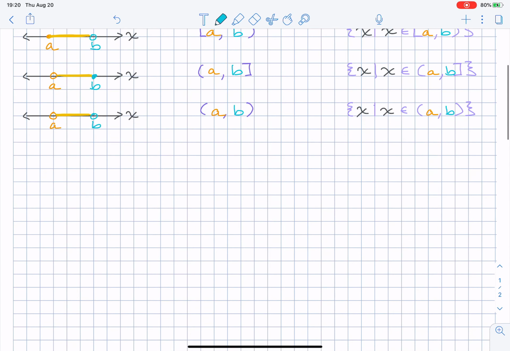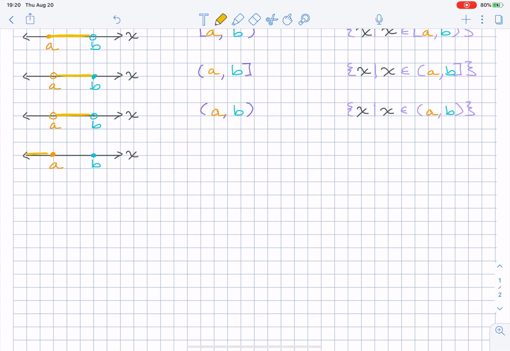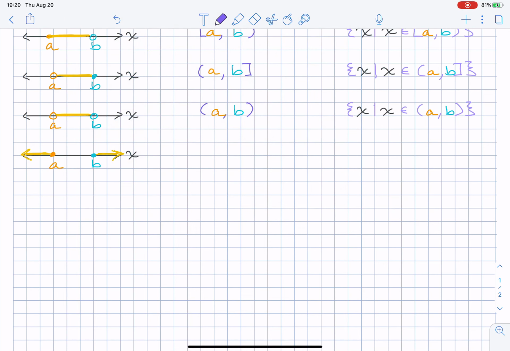Okay, so the other types of intervals are ones that go off towards the infinite. So now we still have A and B. We still have a solid dot at A, maybe a solid dot at B. But now instead of the interval between them, we're going to consider the interval that goes off towards the infinite in either direction. Going to the left of A, reading from left to right, the leftmost value would start at negative infinite,